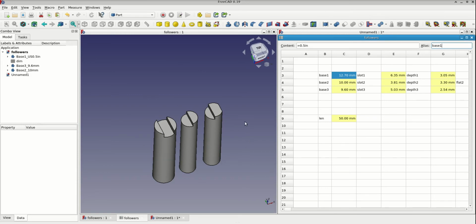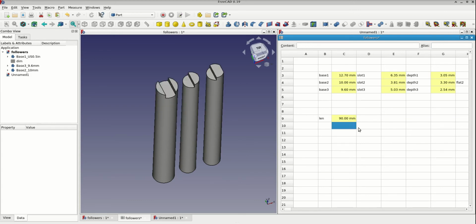So let's say currently these followers are 50 millimeter tall, but you want to make them 90 millimeter tall. Then you can change a number here, and if your modeling is correctly done, then you can control every single